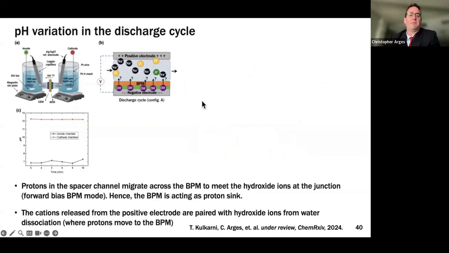So my student, I'll just go quickly through this. We thought, well, maybe it's these hydroxide ions that are stored in here. They can go across the bipolar junction, across this cation exchange layer and get into the process stream on the discharge. But we did this H cell experiment with sodium chloride and sodium hydroxide, and we never saw any hydroxide ion leak through the BPM. So we scratched that method.